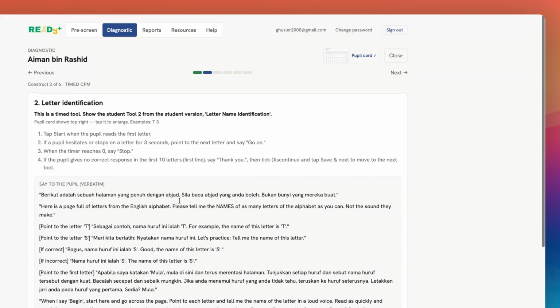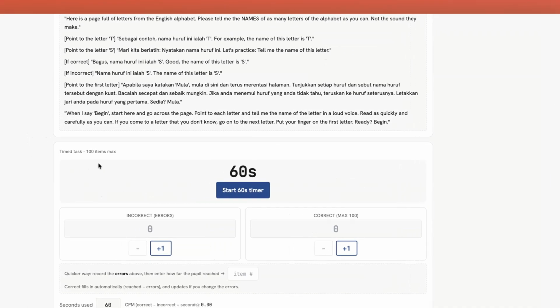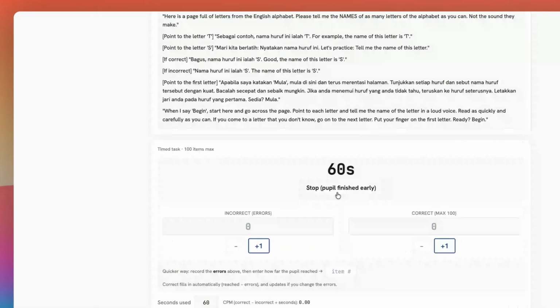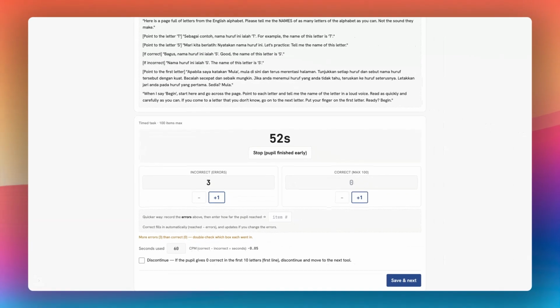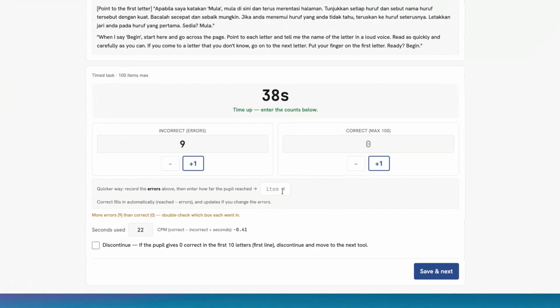During timed tasks, click the 60-second timer when starting that section. As you capture responses, record error counts using the +1 button each time an incorrect answer is given, ensuring every mistake is recorded. Capture all responses. If the pupil finishes before the timer ends, use the Stop button to accurately capture the time spent on this